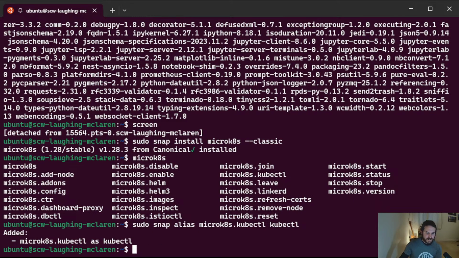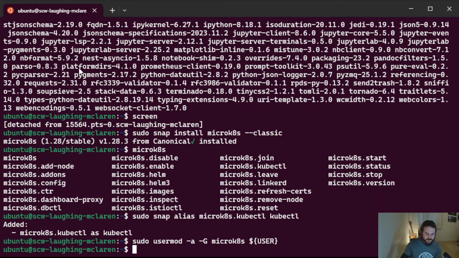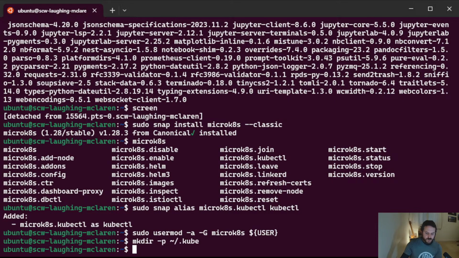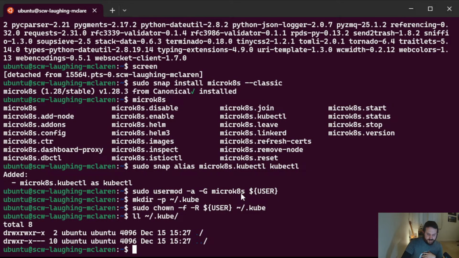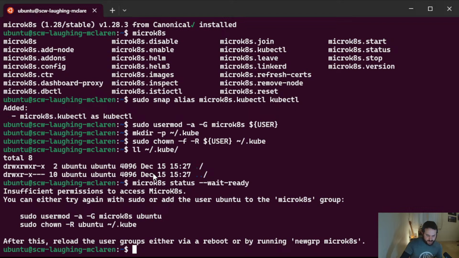That's a good start. And then we're going to add a user to the microK8s group, which is me. We're going to make a kube directory, and then we're going to make that directory owned by the user. So just there we go. You can see there's a kube directory that's been generated, and that's going to contain kube config stuff when it gets ready. So we'll then make sure that microK8s is up and running, and as you can see, I haven't